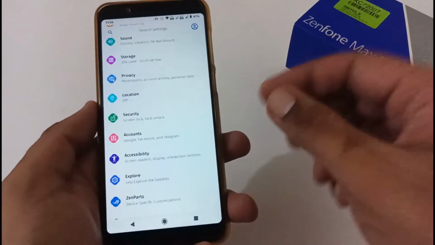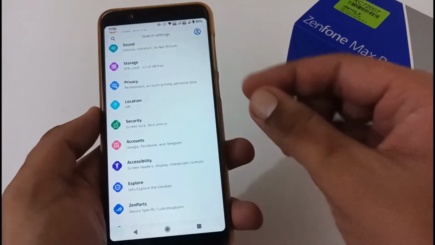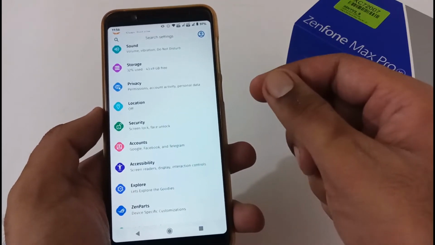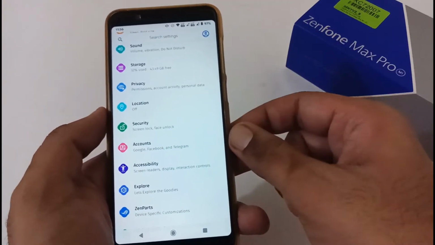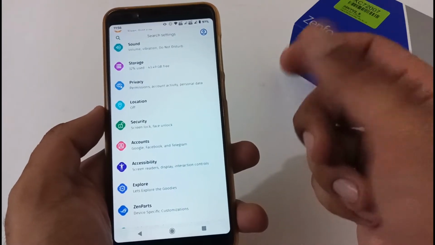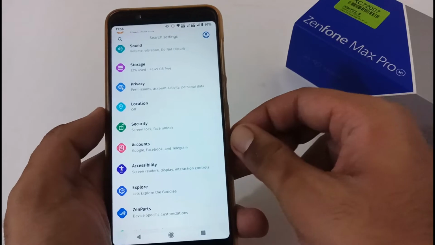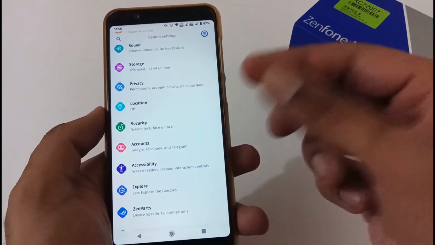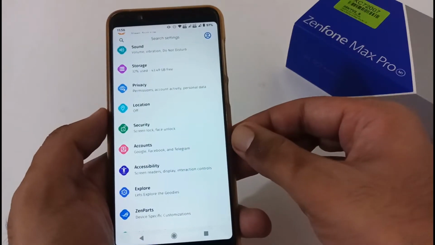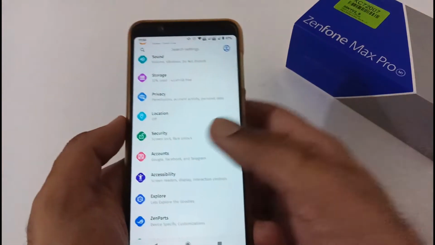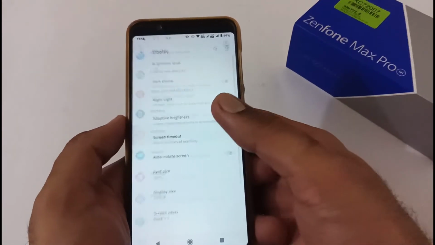And apart from this, I'm using firmware version 059, as this was the base for this particular ROM. Although I think it is based on AOSP, so you can even go beyond that as well, like 058 or whatsoever version was released before 059. But I would recommend at least having 059, and afterward you can play. You can use this particular ROM, and you will surely see a good response. After security, now let's move to the display section.